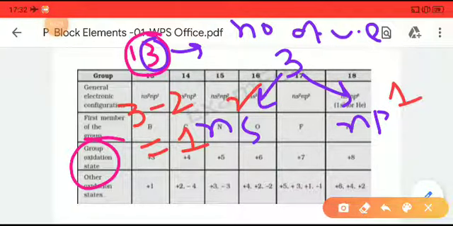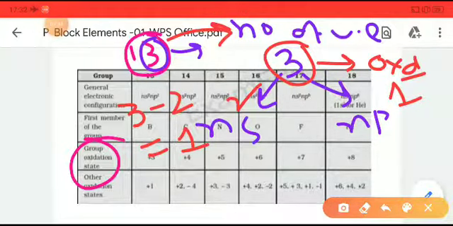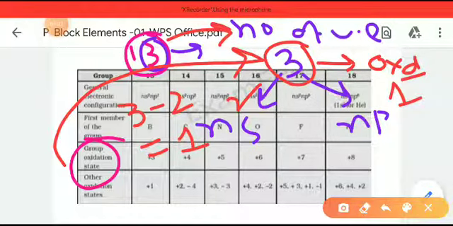So from the group number 13 itself, the last digit is 3. That is why the number of valence electrons will be 3, as well as the oxidation state will be 3, as the number of valence electrons is equal to the group's oxidation state. But here we know that these 3 electrons will be distributed between the ns orbital and np orbital. From Hund's rule we know the electrons will at first fill the ns orbital, then proceed to the np orbital.